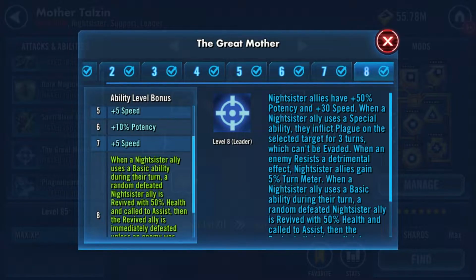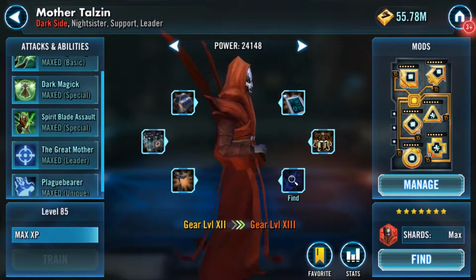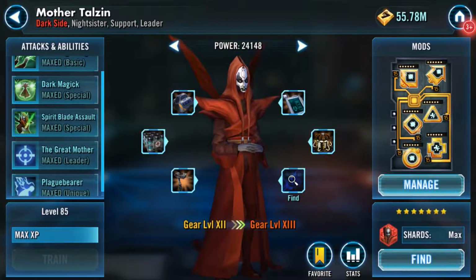Now while this is amazing in itself, the main purpose of this is to coordinate with Daka and Assaj's uniques, where Daka gains max health every time a Nightsister ally is revived, and Assaj gains offense. So whenever someone's been revived to assist, it's actually going to make Daka a lot tankier and it's going to make Assaj hit a lot harder. Now this in turn will make the team a lot more effective against Jedi Knight Revan and anything else it